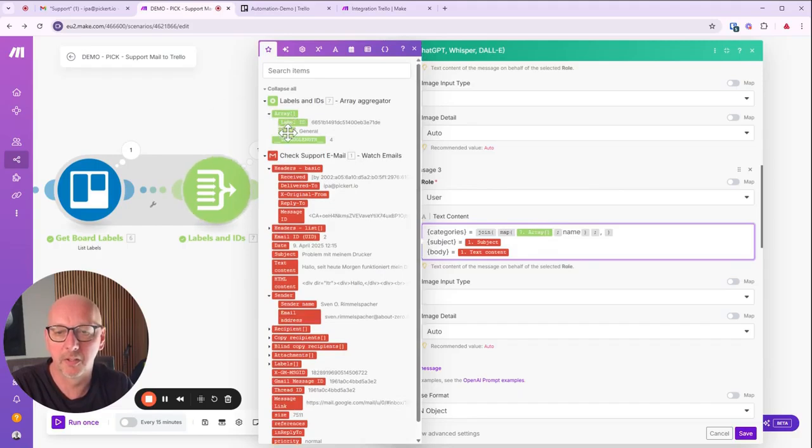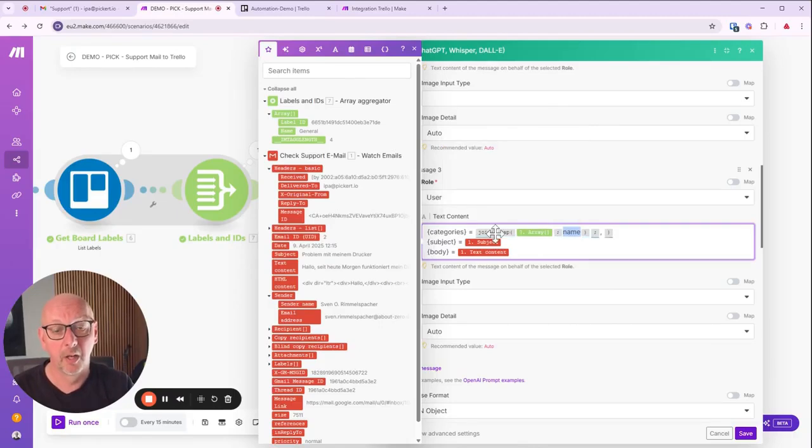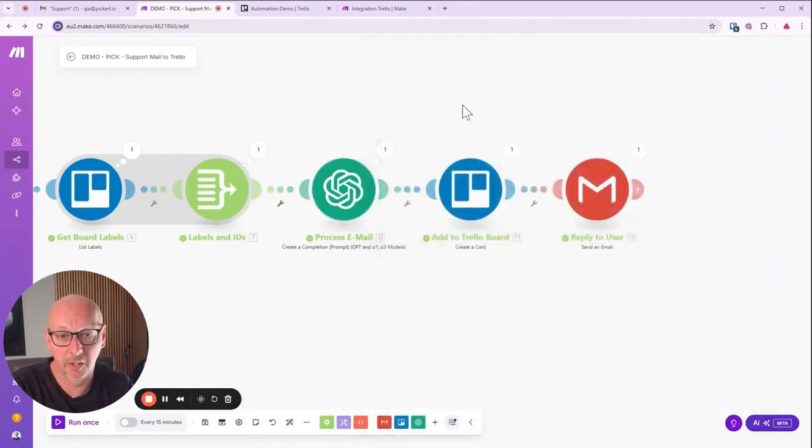So it consists here of label and name. And for now, I only want the names because I want to pass the names to ChatGPT. And that's why I use map here in principle. I'm just mapping the name, which is this ID here, into a new array. And then I join this new array into a single text string. That means the four categories will be passed separated by commas so that we can process them accordingly in